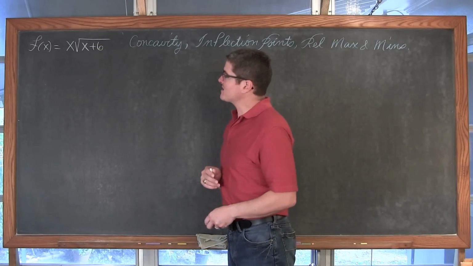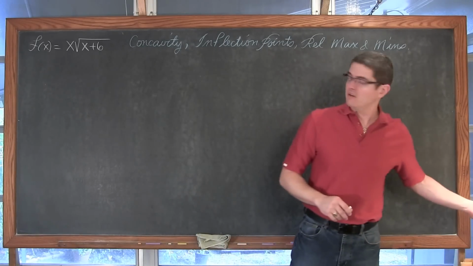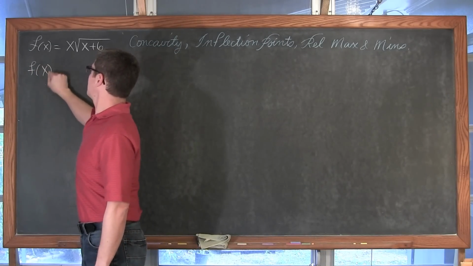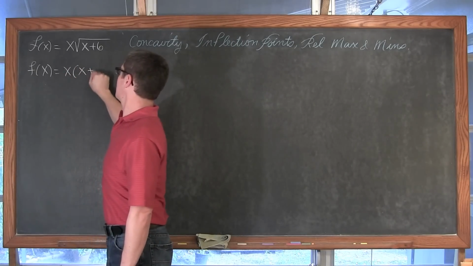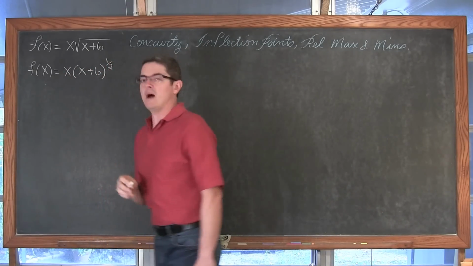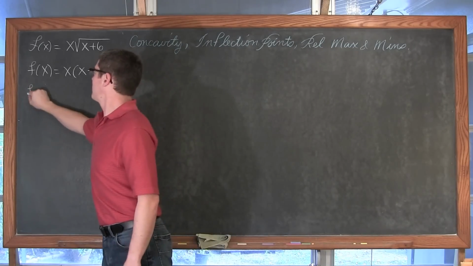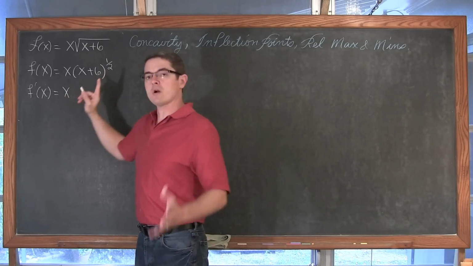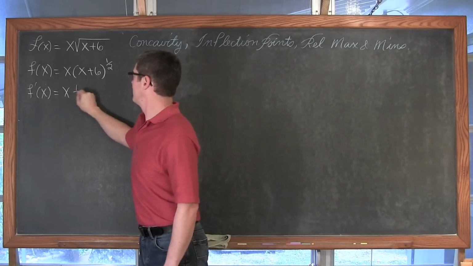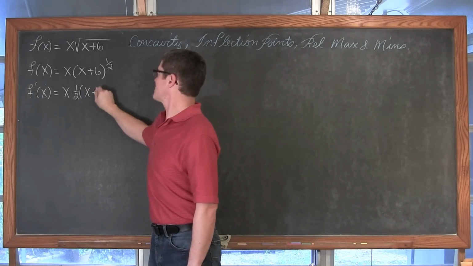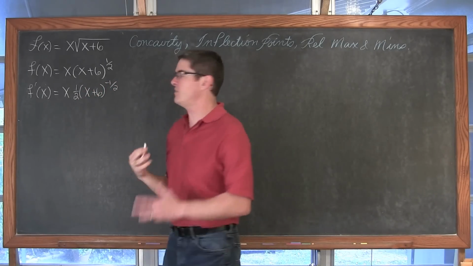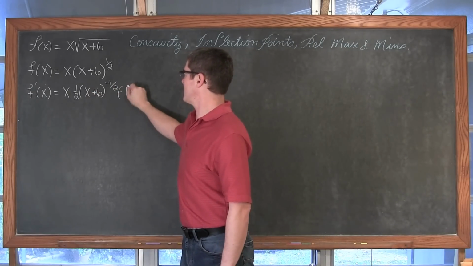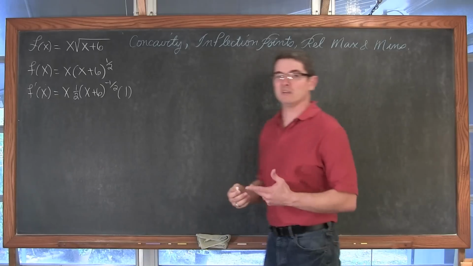Second example, f of x is equal to x times the square root of x plus 6. So we're going to rewrite that as f of x is equal to x times x plus 6 to the 1/2 power. Walk through the product rule. F prime of x is going to be x times, now walking through your chain rule, we got 1/2 times x plus 6 to the negative 1/2, and if you want to just make sure you're practicing the chain rule, times the inside, which is going to be simply equal to 1, which of course means that's really not necessary